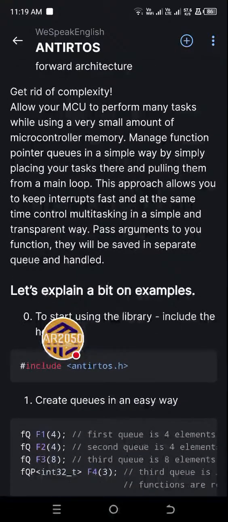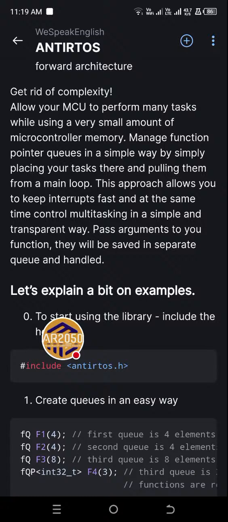Get rid of the complexity, allow your microcontroller to perform many tasks while using a very small amount of microcontroller memory. This is a crucial point if you are using a library: you need a very small amount of memory. So obviously, if you are doing it on Arduino, you know the RTOS running is